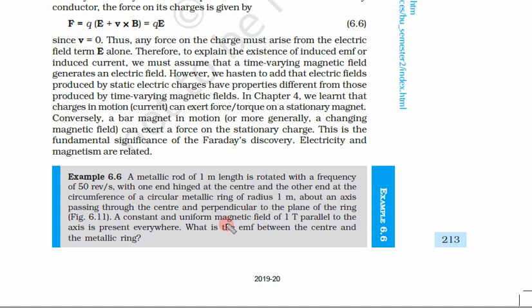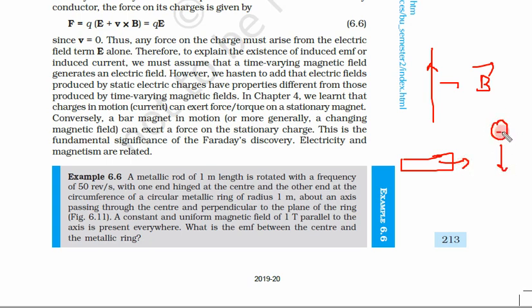Now, after understanding that moving charges produce a magnetic field and deflect a magnetic needle, and that moving magnets produce some kind of force on stationary charges which produces current, let us do this example. Once we have understood that moving charge carriers in a wire can produce a magnetic field, similarly, a moving magnet can produce force on charge.